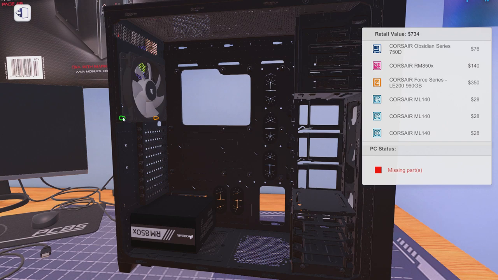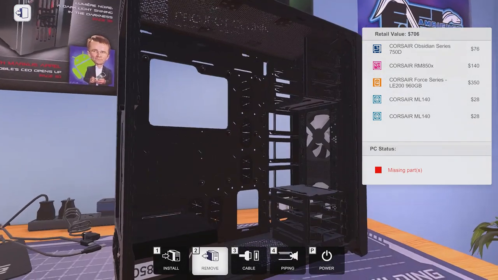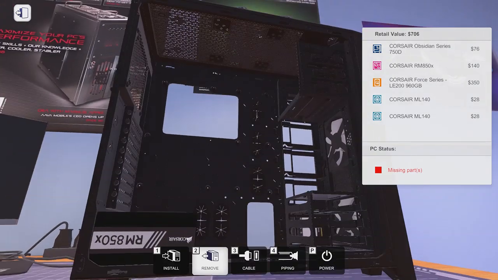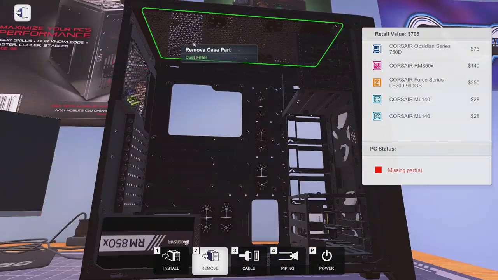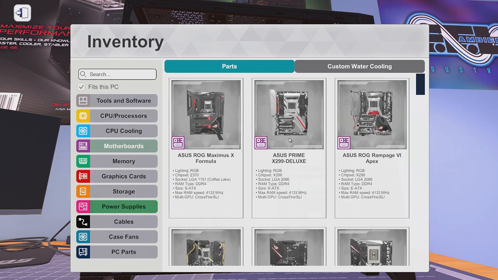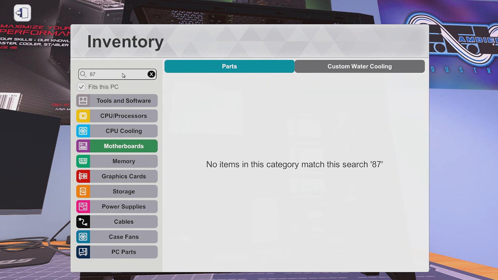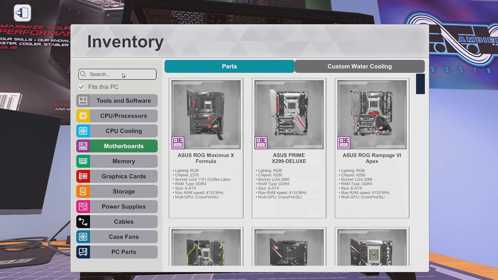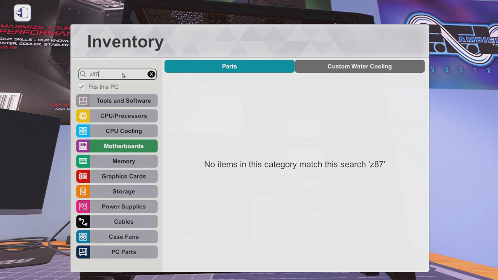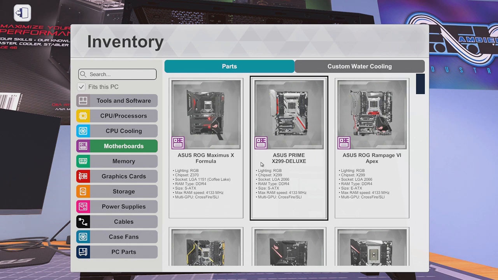Although I do have that, I don't have an LED one, but I want to eventually swap these all out for LEDs. I've got a radiator up there. And my motherboard is not here because my motherboard is a Z87, which we're not going to have. So I suppose I should be looking for whatever the next motherboard that I'd probably want would be, which is